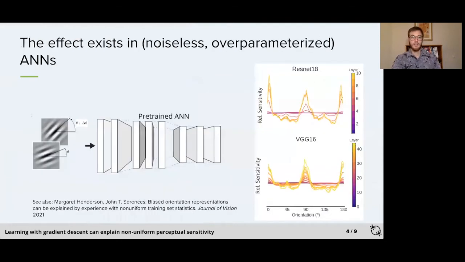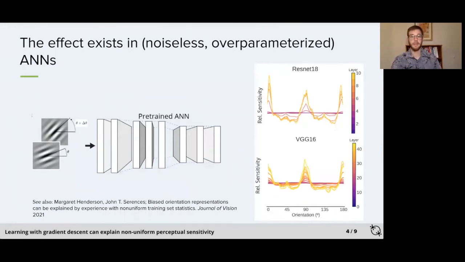Now, the first line of evidence comes from artificial neural networks trained on natural images. We can measure the sensitivity of networks like this by presenting oriented stimuli and observing how the activations in various layers change when you change the orientation. Doing this on a couple of architectures, we find that indeed the sensitivity as a function of orientation is higher at the cardinals than the diagonals,